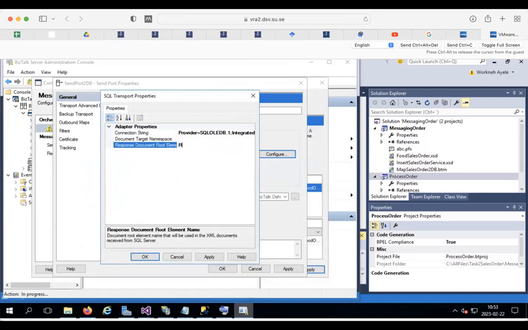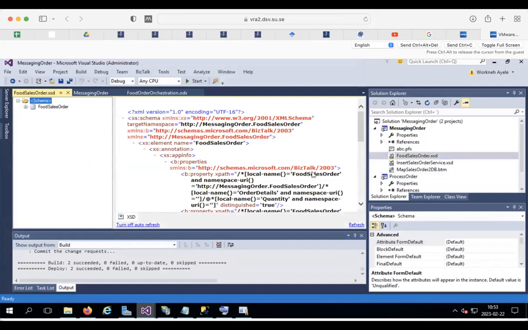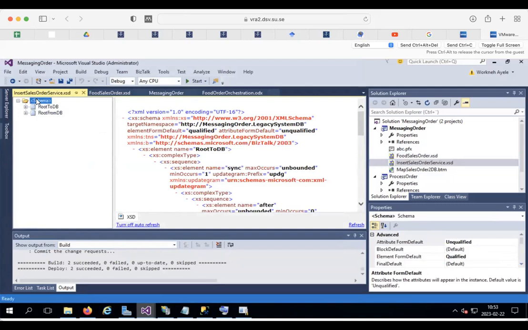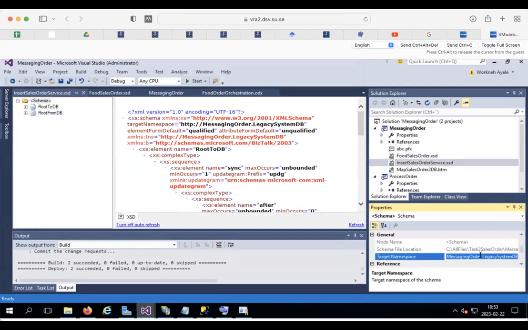Here I will specify root to DB. Great, and here is the target namespace. What I've got to do is I will have to go back here. Easy. So I will open this, and then I will click here. Then no, not this one, this one. So when you click here and then go down here, you get the adapters namespace. So I will copy this,